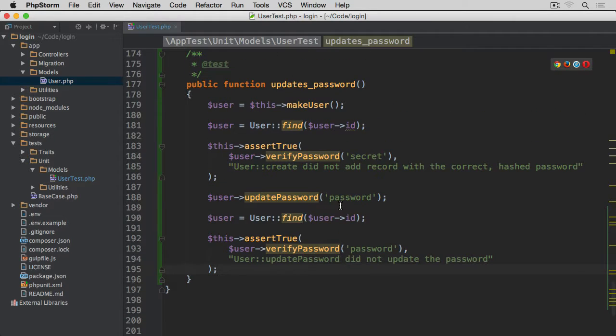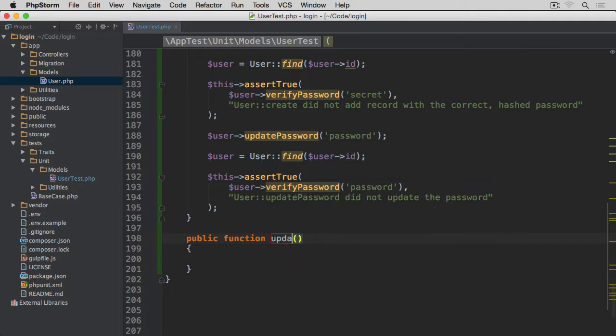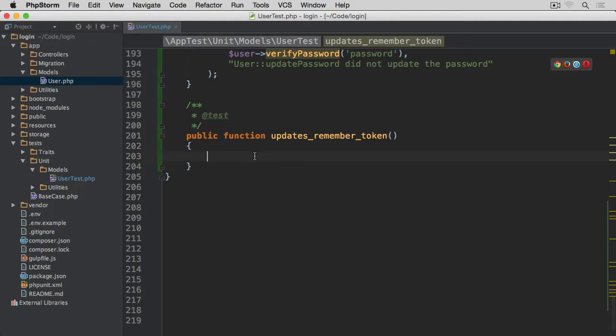Back to the editor. I think that concludes it. We now know that we can verify the password, and then we can update the password, which also works when we verify this again. So that's all fine. The next method will check that we can actually update the remember token. So public function updates remember token, tag test. And now what we're going to do is make user again with default data, then user equals